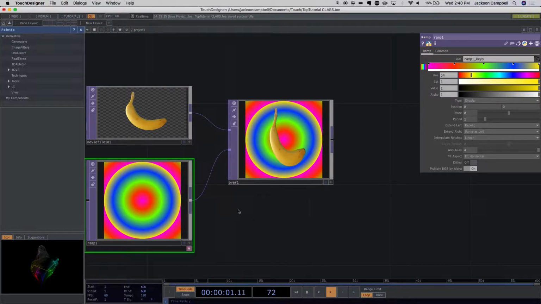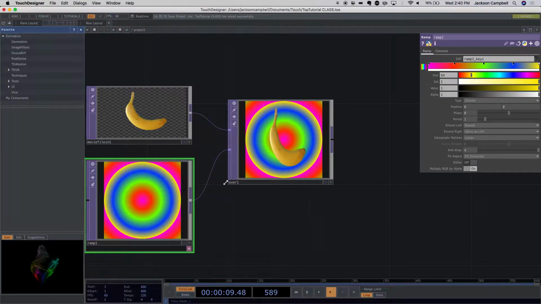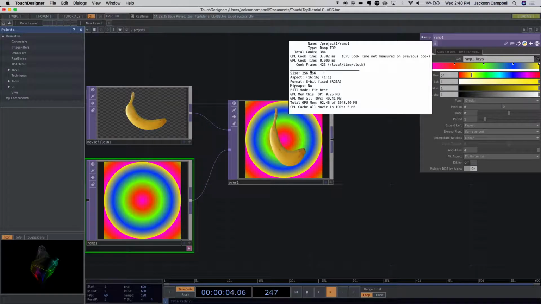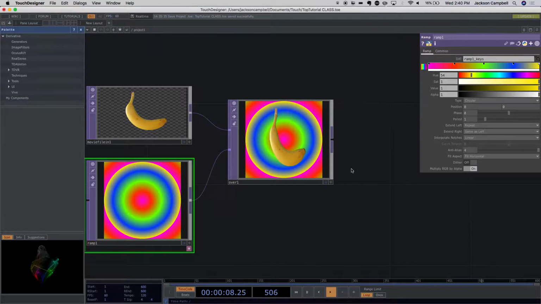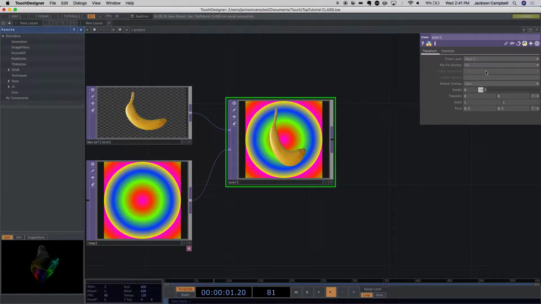And it's because this ramp 1 is actually outputting, if you click on your middle button, it'll tell you what its size is. Or if you don't have a mouse, you can click over here and click the info button. It'll tell you what its size is. It's 256 by 256, so it's a square raster. And this is a 16 by 9 raster. So that's what's kind of confusing it, because the Over has to choose one of them, right? So we can change the parameters of the